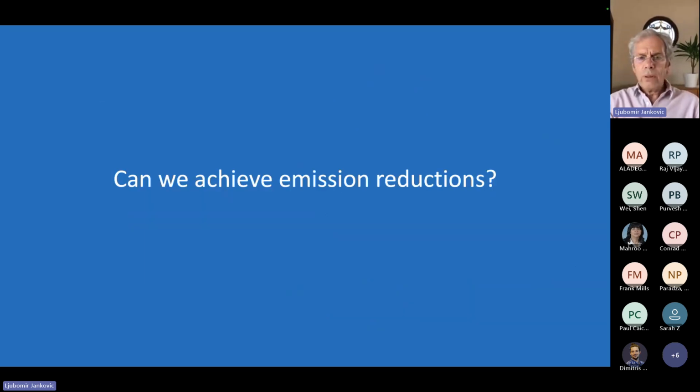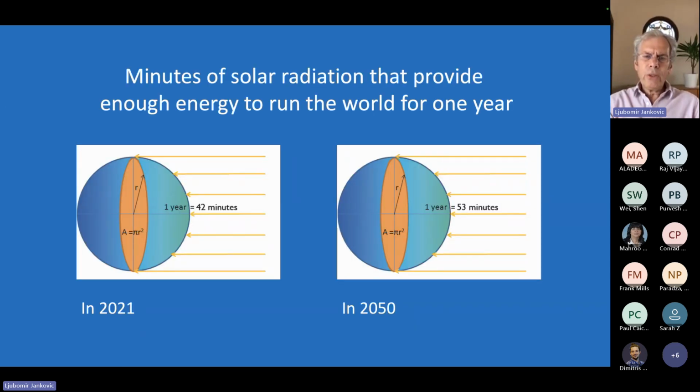Can we achieve emissions reductions? Well, if we look at how many minutes of solar radiation it takes to provide enough energy to run the world for 1 year, in 2021 it took about 42 minutes, and in 2050 it will take about 53 minutes. This talk will be around 50 minutes long. So during this talk, the solar radiation intercepted by the Earth will be enough to run the world for a year. It is just that we don't have the technology to utilize all this energy, and we need to focus really